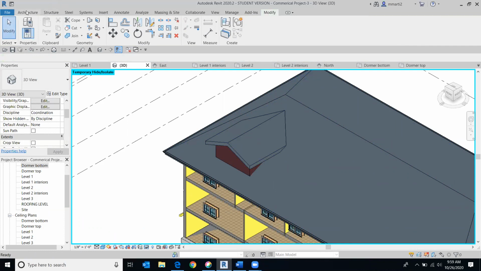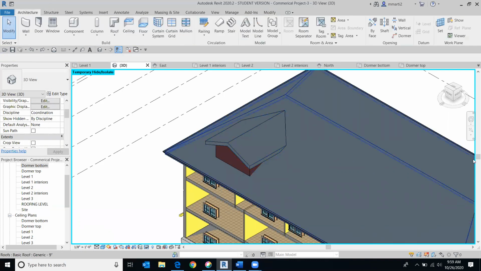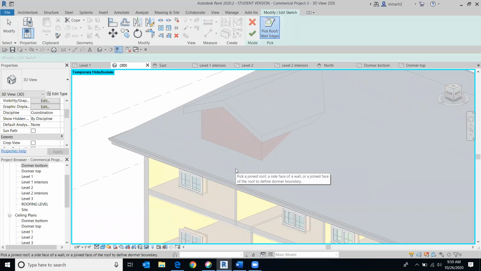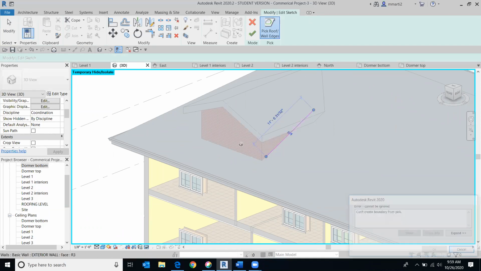So we're going to want to go to the Architecture tab, the Opening panel, and the Dormer tool. So we're going to click on the Dormer tool, and we're going to click on the roof where we want the hole cut. So we want the hole cut in this larger roof right here. Then we want to pick the edges of the space that we want cut out. So right around the edges of this particular dormer, we're going to click on